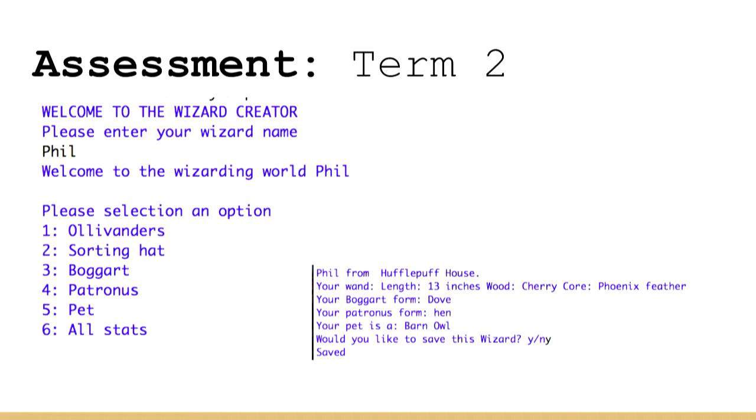So that's the sort of example of, Phil, welcome to the Wizarding world. What do you want to do? Go get your wand. And then it prints out from the database what your wizard has and all the attributes of your wizard. And of course, do you want to save this? Yes, no. Once you've made the wizard, then you've got to choose whether you want to save it, and then it goes and saves it into the database and tells you that you've saved it. So there's all that interaction design there, but just through the idle.